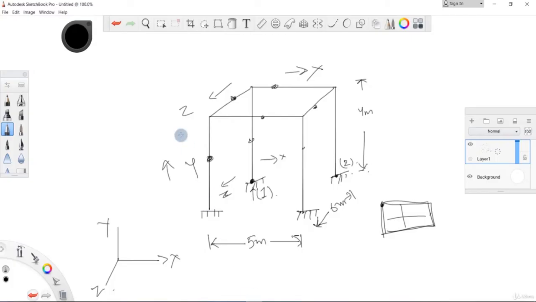Okay. So here let us assume that these all 4 beams, this 1, 2, 3 and 4 beams, have got a wall. This is our wall, okay? And let us assume that the load due to this wall is a UDL. If this beam is UDL, and let us assume that the intensity of the load is 10 kilonewton per meter.